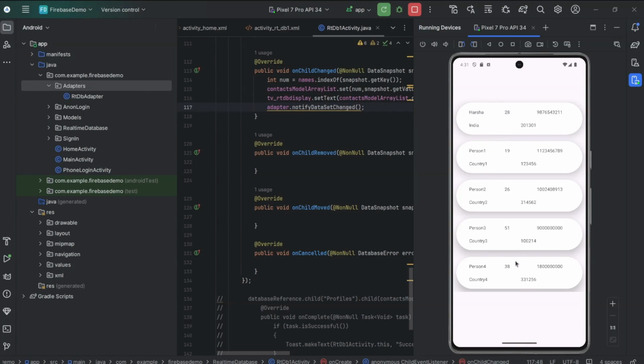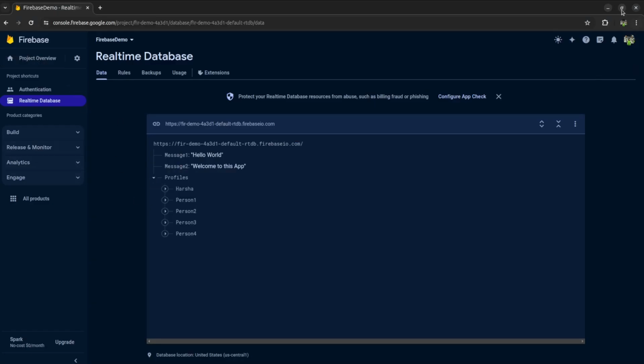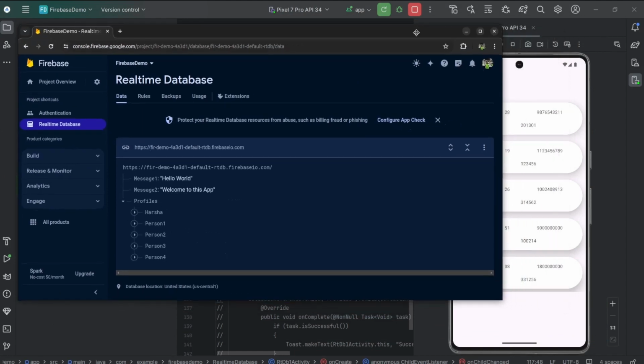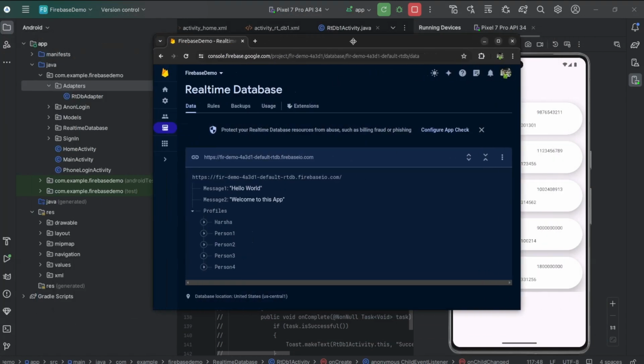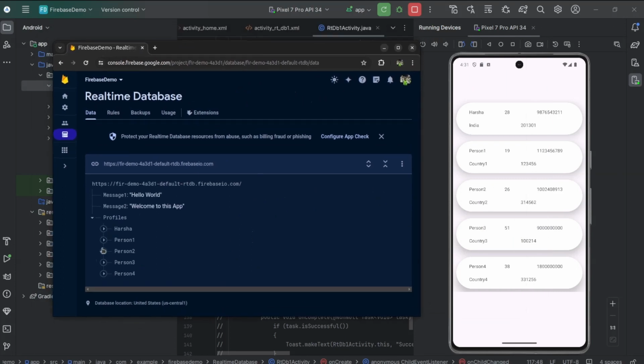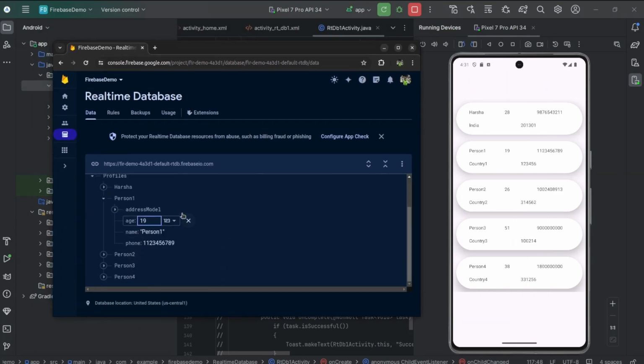Now, I will open the Firebase console and change the data of one of the children. You can see, the data is updated and the name of that person is displayed. We are displaying the name from the data instead of the key,